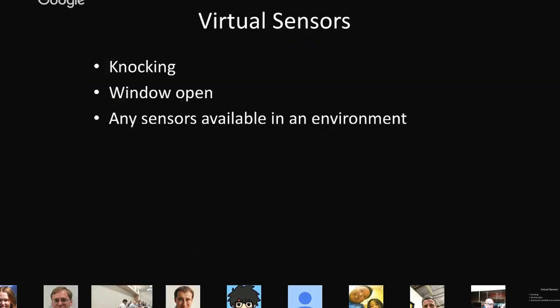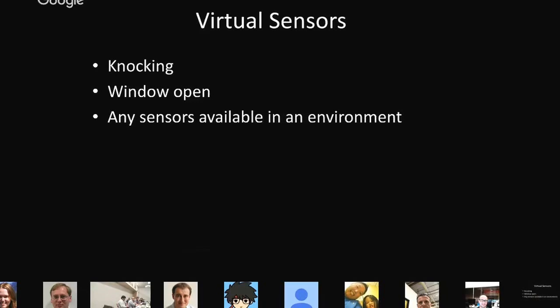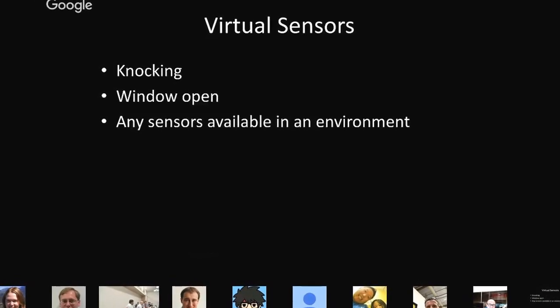So building from that, we started looking at non-visual based systems, and this is what Yuvraj referred to. Again, I'll skip past a bunch of this because Yuvraj already talked about some of it this morning. We built some very simple virtual sensors based on the physical sensors in the room. So with our TI sensor tags, we can do things like detect whether a window is open or closed, whether a door is open or closed, or whether someone is knocking on the table. It really just leverages whatever sensors happen to be in that environment to figure out the most feature-rich data sources to make the classification. The user provides the labels, and the system just learns and produces the classifier.